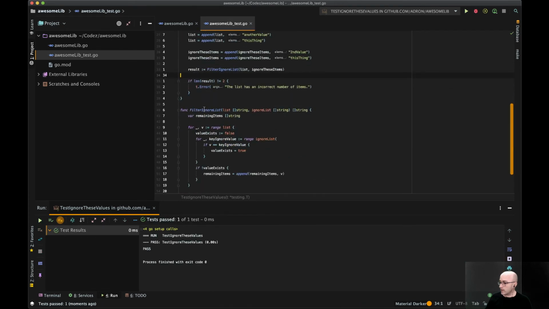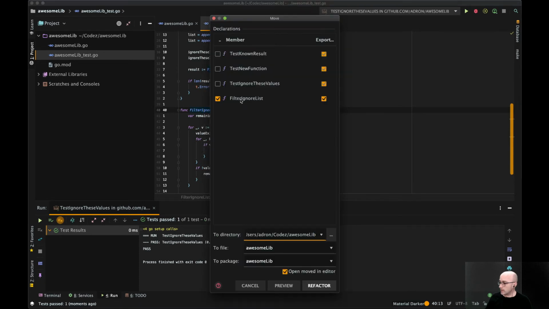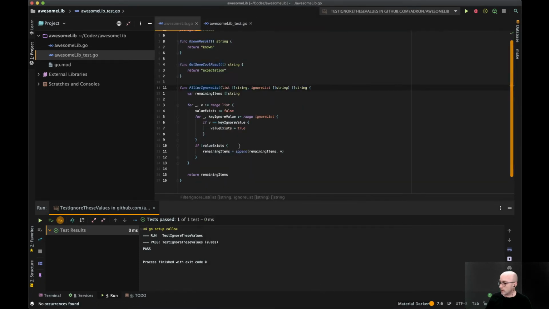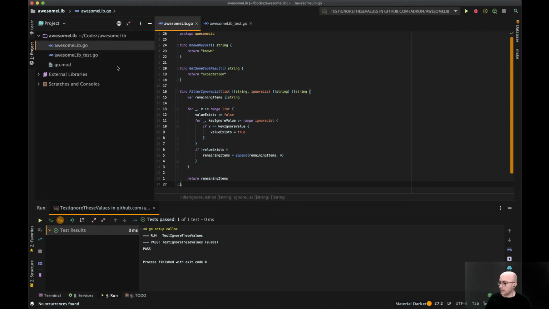So now we have a filter ignore list. That flips around two things. Let's move that over to our awesome lib. Okay, that looks good. So now we're adding all sorts of functions. So what should we do now? Let's do another one.